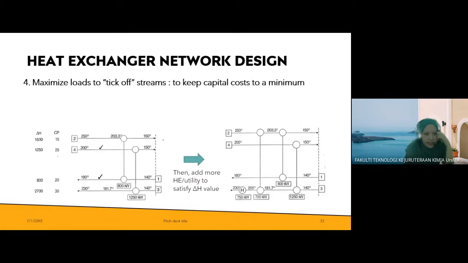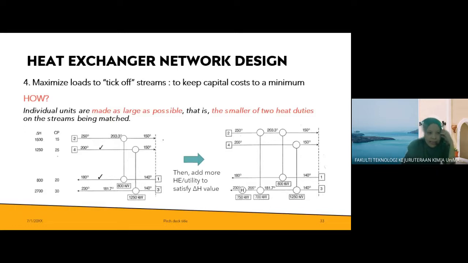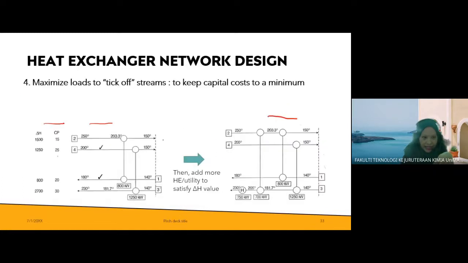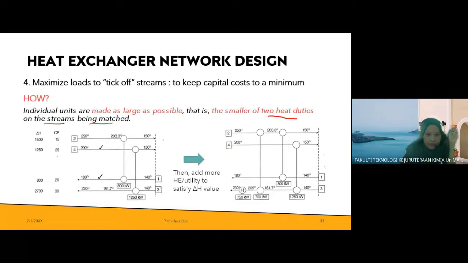Okay, you can do this by maximizing the load to tick off a stream, to keep capital cost to a minimum. Okay, how? You can make the individual units of heat exchanger as large as possible. That is the smaller of the 2 heat duties on the streams being matched. Okay, now you have your design here. Next, you need to first calculate the value of delta H. How to calculate the value of delta H? Delta H equals